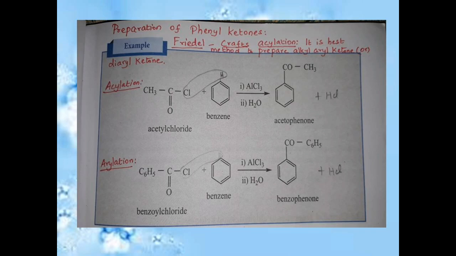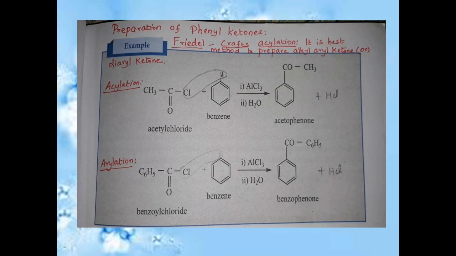First reaction, acetyl chloride. In the benzene, one of the hydrogens I projected, and then that hydrogen is combined with the chlorine of acetyl chloride, so the remaining things alone are added, and we get acetophenone. Here aceto means the CH3CO is called aceto, and from that benzene, one hydrogen is removed, so it is called phenyl, and it is added with the ketone, so the name is phenone. Now the name of the compound is acetophenone. Here the catalyst is aluminum trichloride.